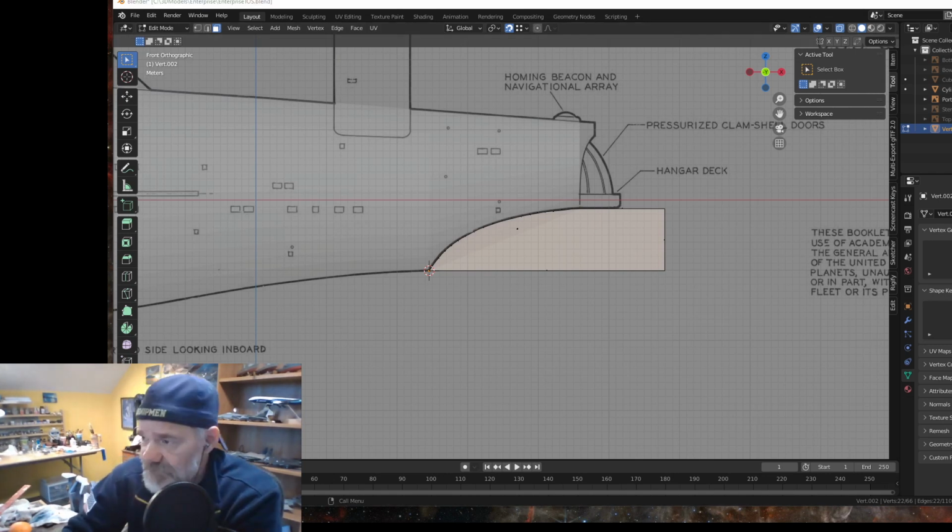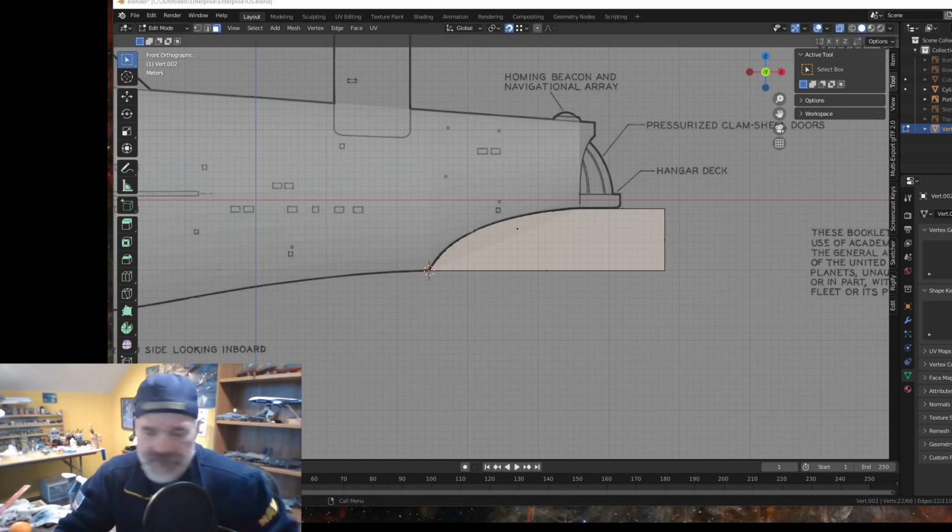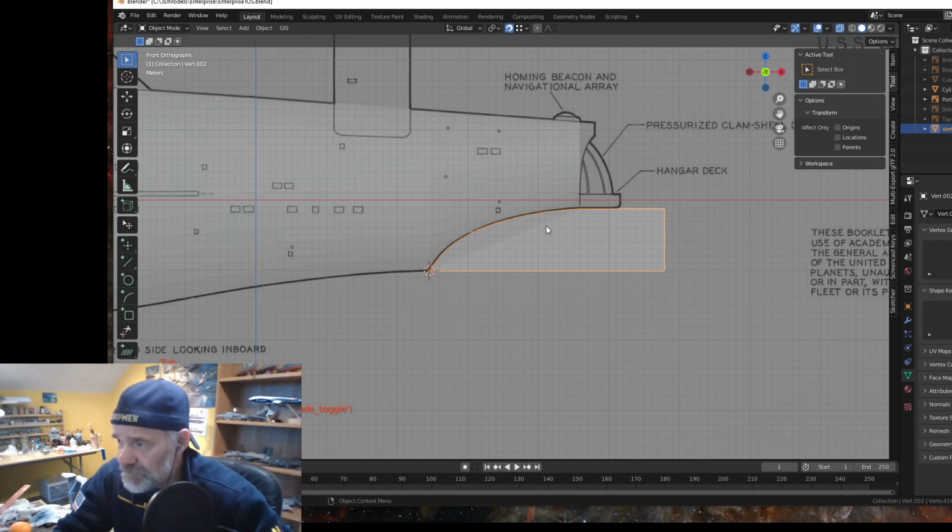I did make one mistake, but not on my cut piece. My cut piece is correct. So I'm going to tab out of edit mode,